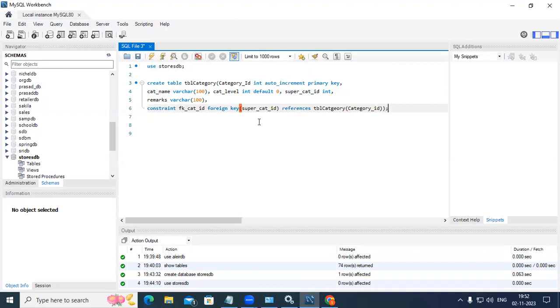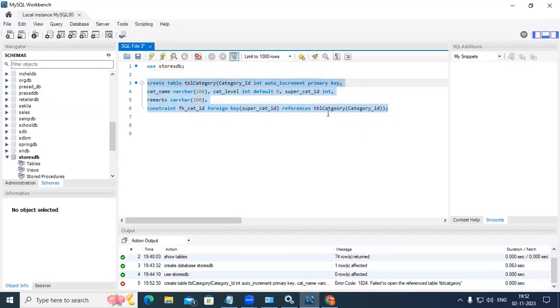In this manner, I can create a table. When I select and execute this one, if there are any errors in the syntax, the table will not be created. It will give an error. So what it's saying in this case, it's showing some error for me. In the bottom, it is showing some error. So let me